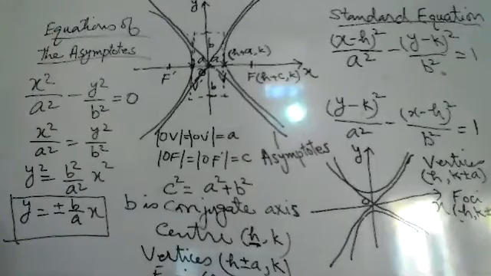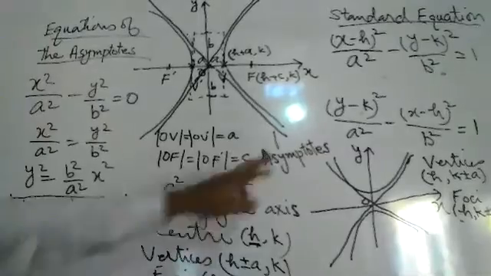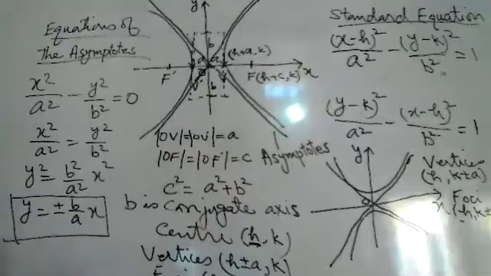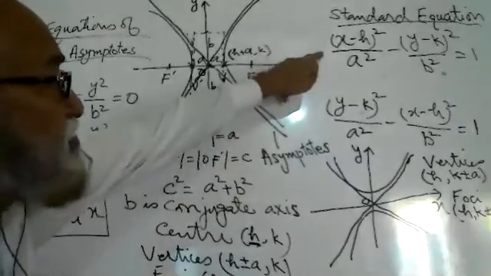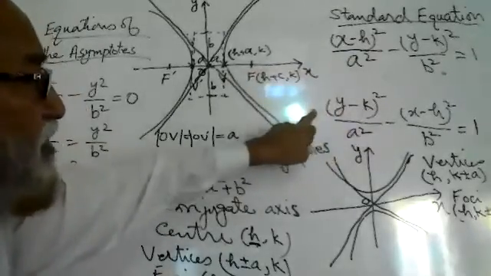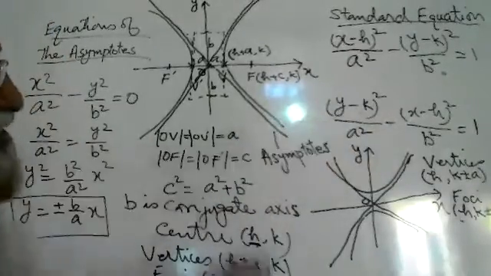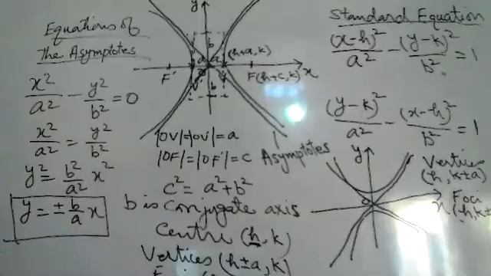So these are the few terminologies and how to find them. A will be found by first converting the equation into the standard form, just like the ellipse. Nothing new. Just as we converted the ellipse into the standard form, here we also convert into the standard form. Then look at the positive term: it may be x square positive and y square negative, or y square positive and x square negative. The positive value will be considered a square, and the transverse axis is along the positive value.